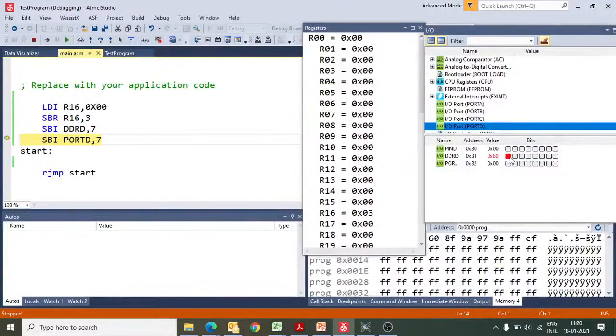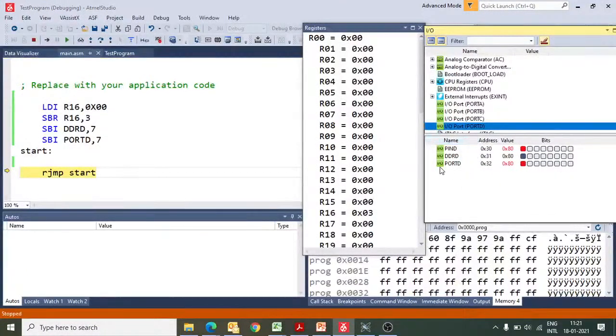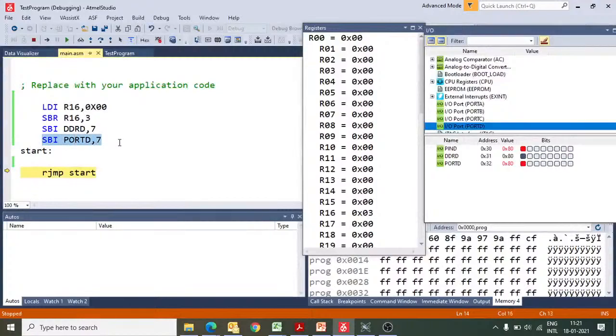Red color means it is set. Then if I press F11 further, what will happen? Pin D, that is on port D, bit number 7, pin number 7 will become high. So ultimately this will set pin number 7 of port D. This instruction will set this pin number 7 as an output pin.